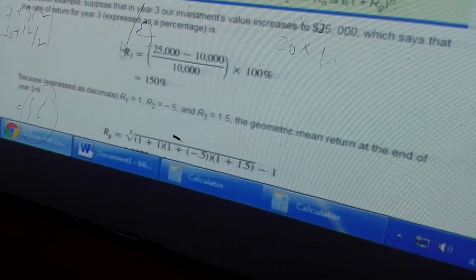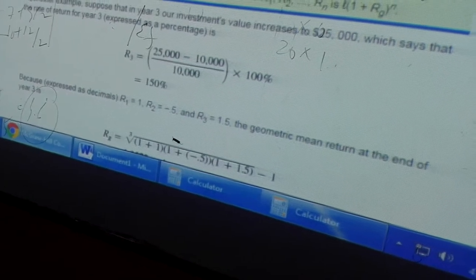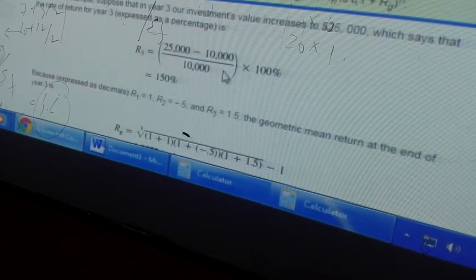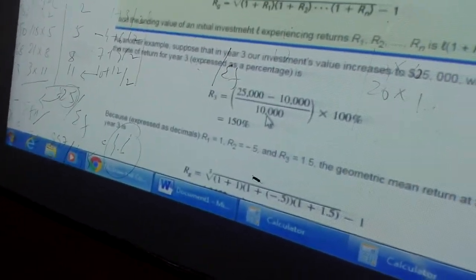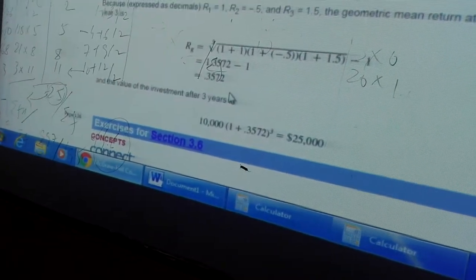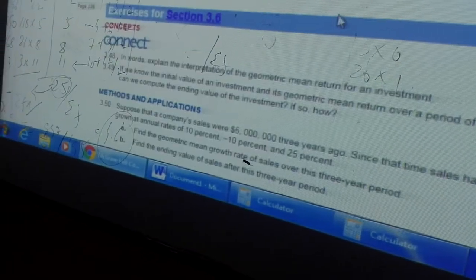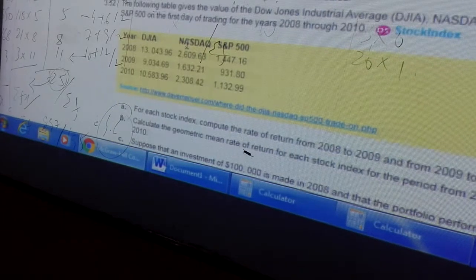So if in the third year, let's suppose it was rising to 25,000, and minus again, then from 10,000, since in the second year 10,000 was reduced from 20,000, it was again, in the third year, 150%. So now you're just going to be adding the third part, and simply as a compound interest formula, you can adjust the value and have the return. Now this is the question again,